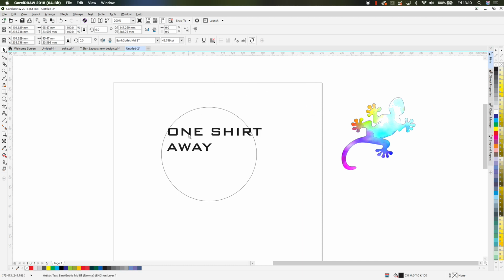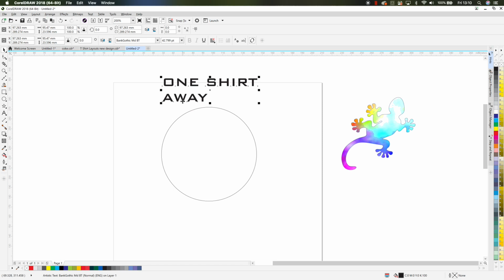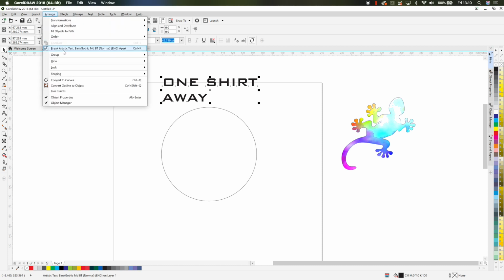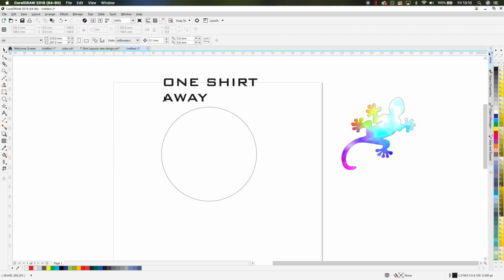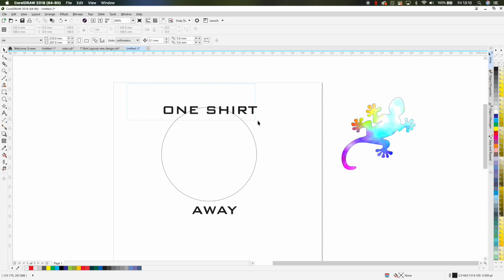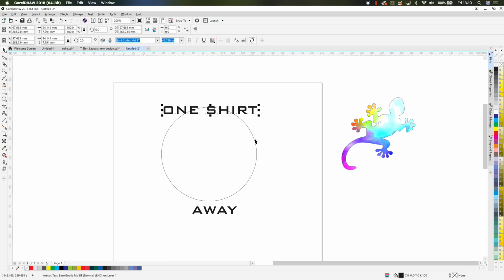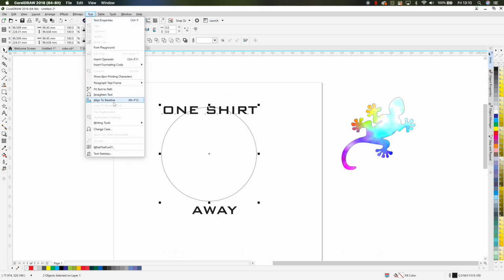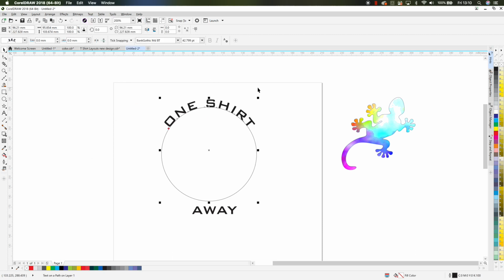And what I'm going to do next is I'm going to split this into two components, the top line and the bottom line. So I'm going to go up and go Control K, which is arrange, break text apart. So let's break any objects apart. I'm going to bring this one down the bottom because that's where I want that, and this one I want around the top. Okay, so selecting the text, I highlight it or click on it, then I highlight or click the circle, I go up to text and fit text to path, which puts it around the top.